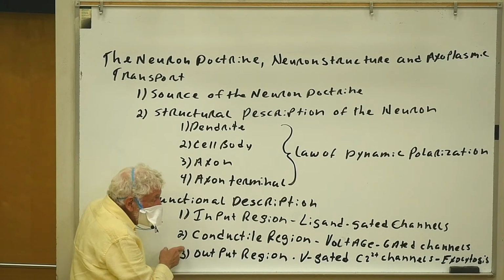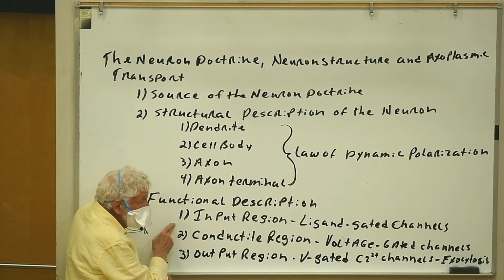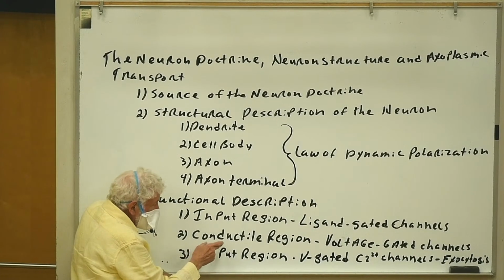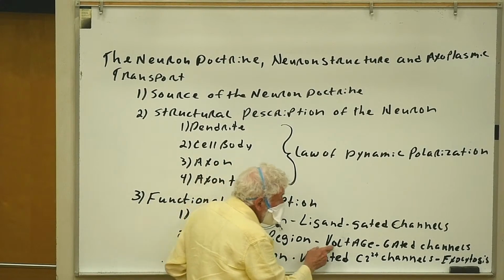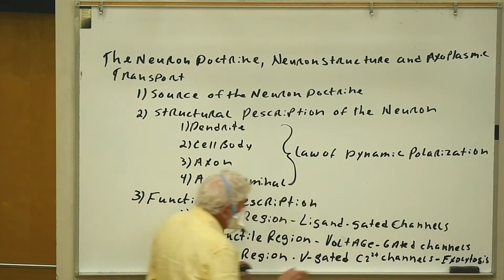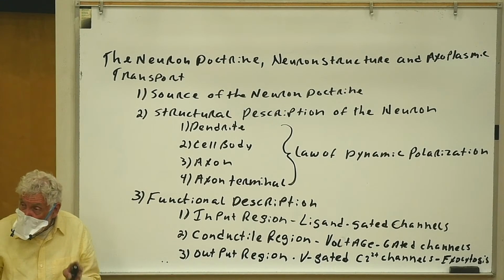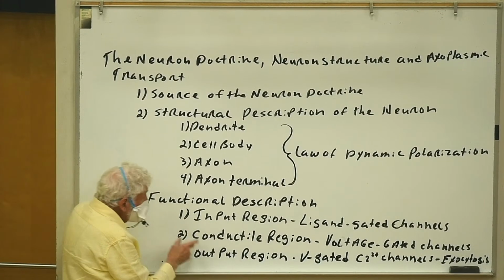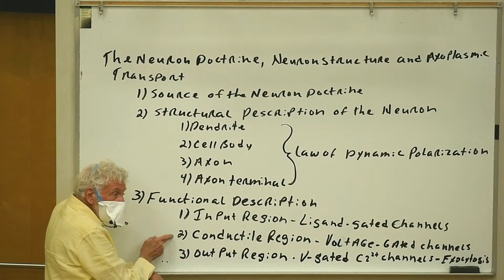And we'll see that the electrical signals generated in this part of the neuron are different from the ones in the input region because these signals in the conductor region are being carried out, propagated, initiated by voltage-gated channels. We're going to spend a lot of time talking about ligand-gated channels and voltage-gated channels, but for right now, know that we're going to relegate them to different parts of the neuron. Ligand-gated channels are going to be in the input region, voltage-gated channels are going to be in the conductor region,